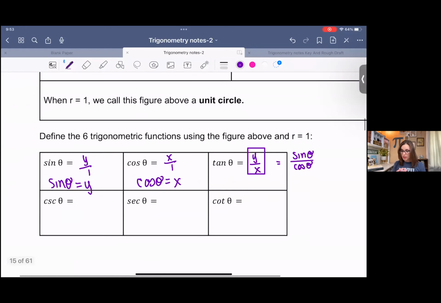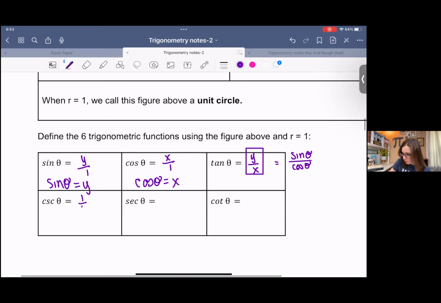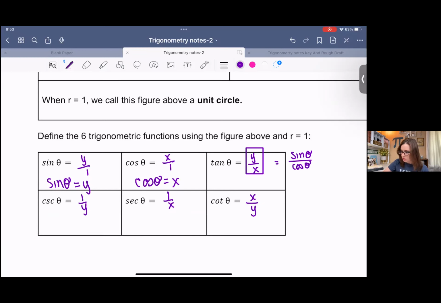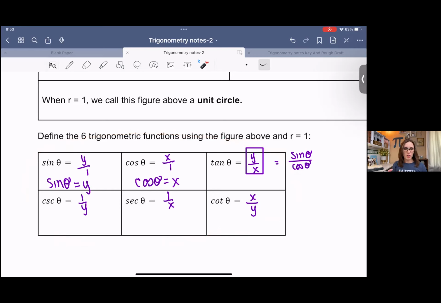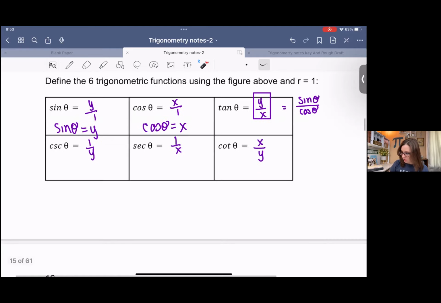Anyway, okay, cosecant is the reciprocal of sine. So we're just flipping sine, 1 over Y. Secant is the reciprocal of cosine, so we're flipping cosine. And cotangent is the reciprocal of tangent, so we're flipping tangent. So these ratios here are going to help us solve problems later on. So like this example down here,